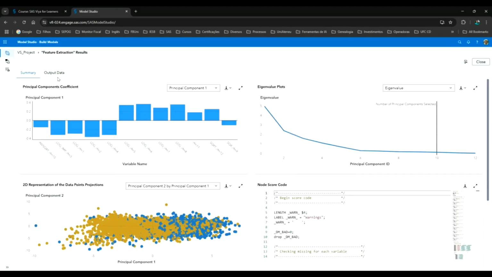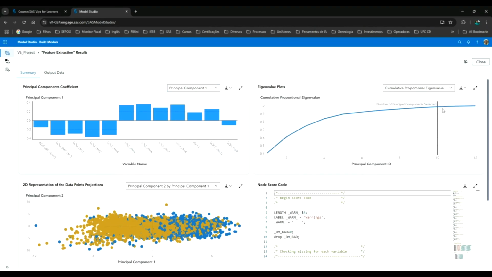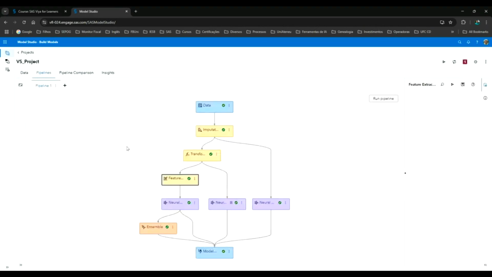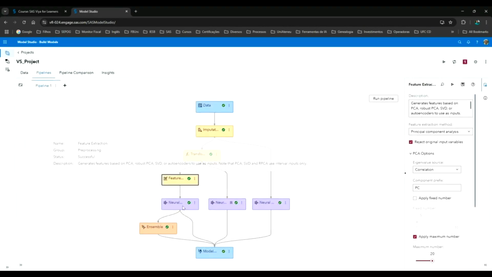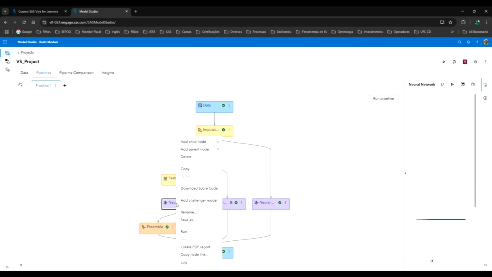Okay, then these are our new variables. Each variable is a linear combination of our original variables. In this case, we have just 10 because of the cumulative variation. It's 10. And these variables will be introduced to the neural network.